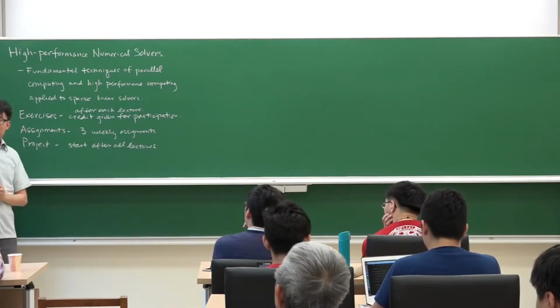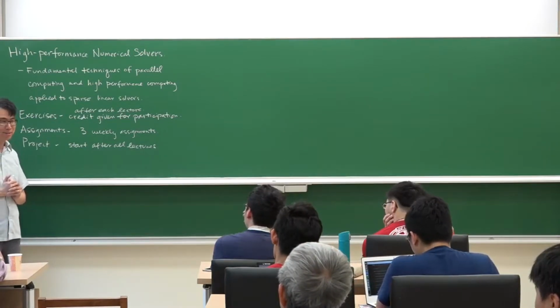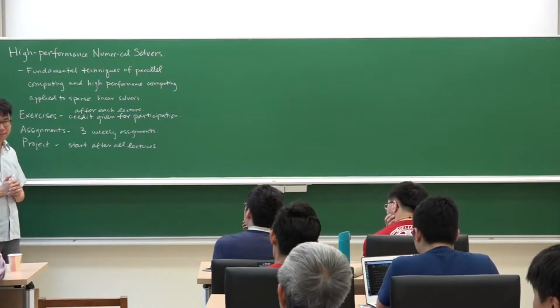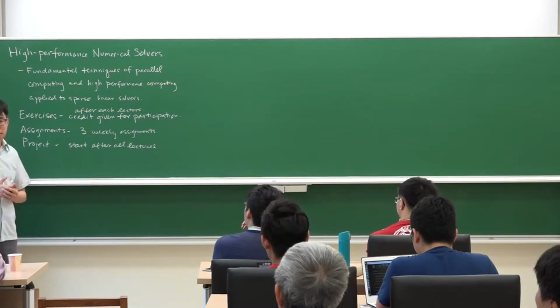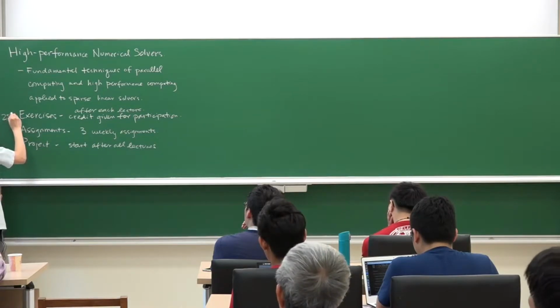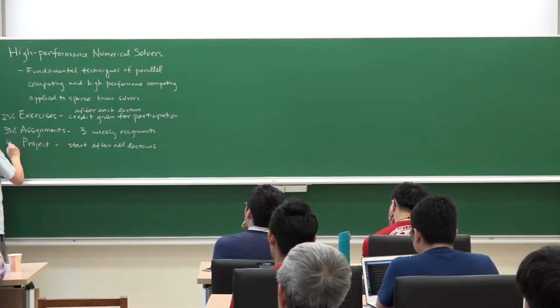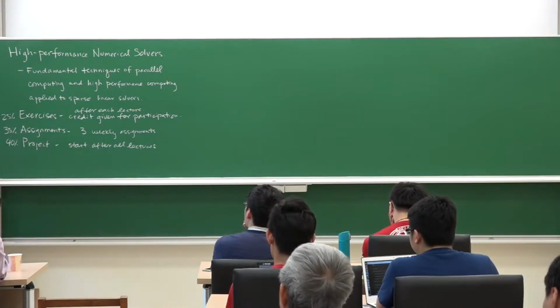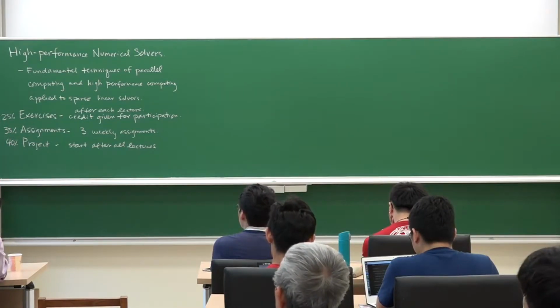Luckily, I will not be the one giving the grades. I'm only here for the lectures, so someone else very mean will give the grades. But to give you an idea of how much work you should put into each one of these components, I'm going to suggest that the exercises are like 25%, assignments 35%, and project 40%. So you can't just skip one of these things. You have to do everything in order to get a reasonable grade from whoever is going to be grading.